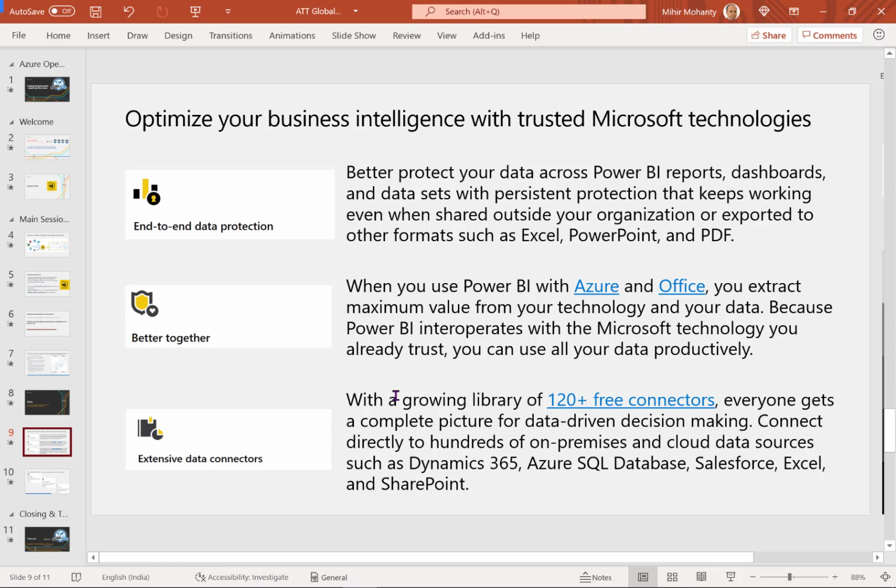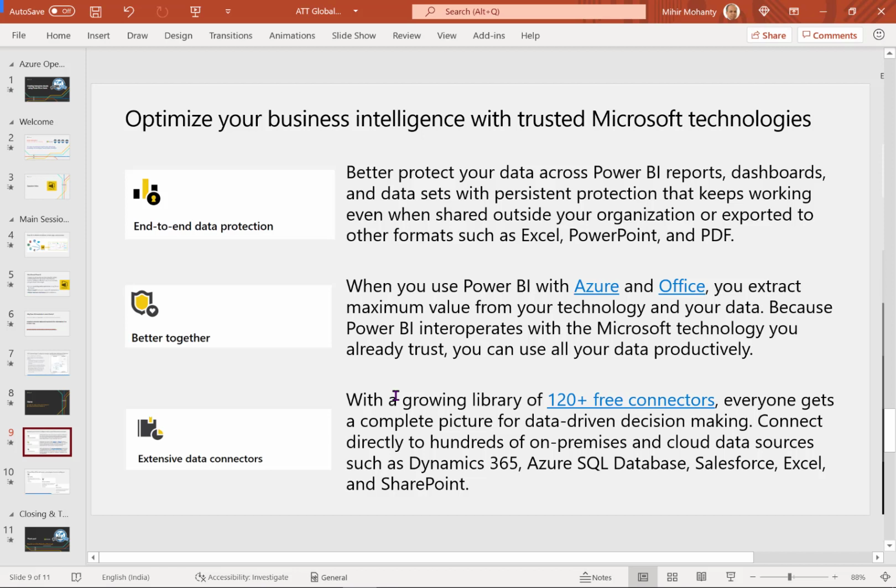And why Power BI? Because Power BI helps you optimize your business, and you can definitely trust Microsoft technologies, where we give you all the required data encryption and data security.